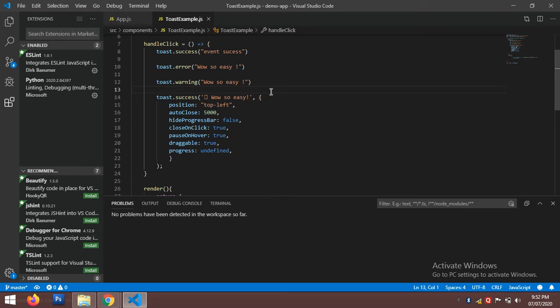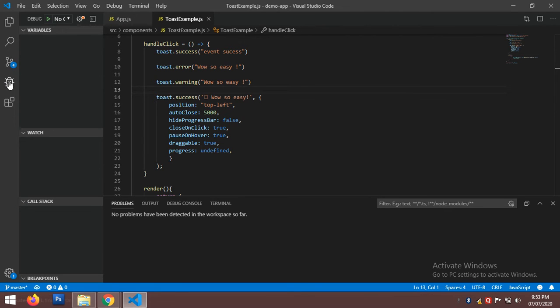So this is a way how you can install the extension in your project. Then this is a debugger. So from here you can debug your project and the files you are running on. For that purpose you can use this, and you can debug the various variables, code, and loops and everything